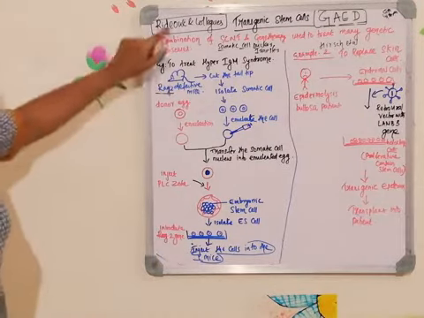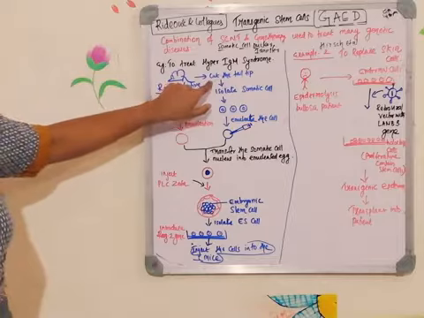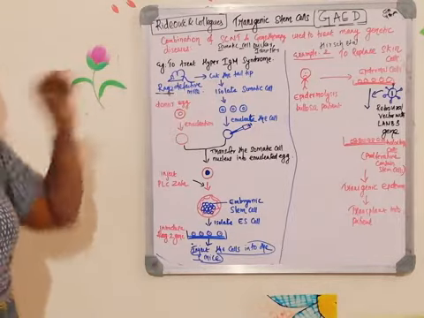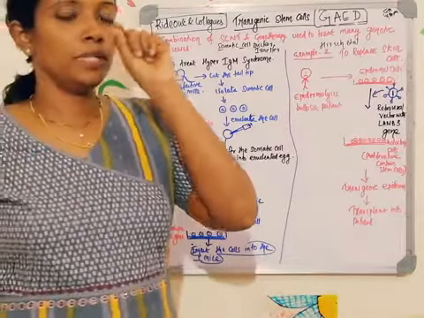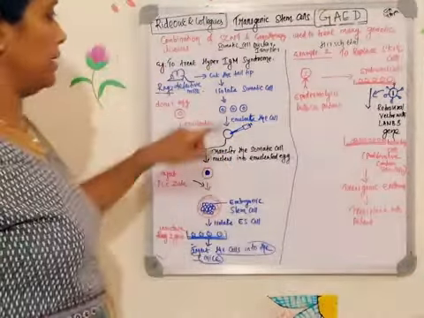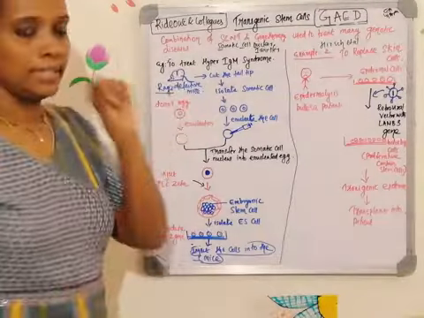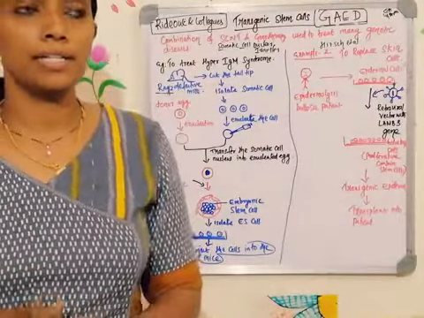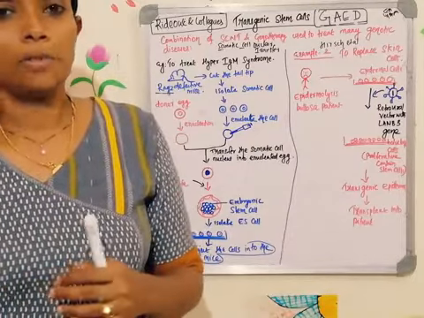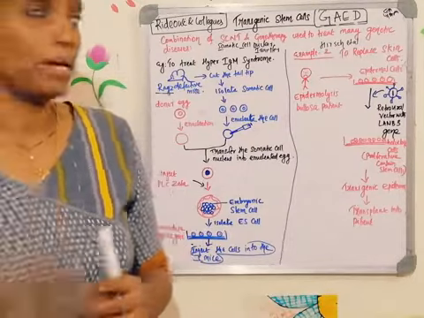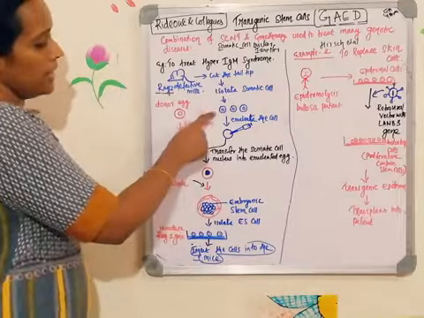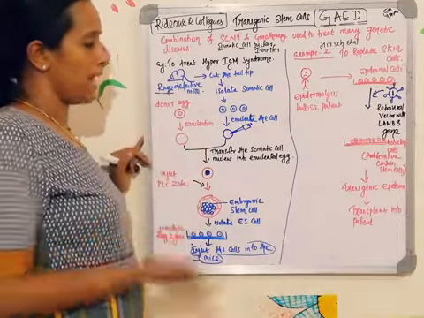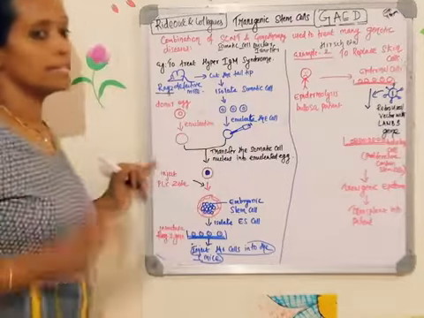So what Rideout and his colleagues did is they cut the tail tip from these RAG2 defective mice. They took a very small piece of the tip of the tail, and from the tail tip they isolated the somatic cells. Throughout the body, wherever you take the cells from, they are called somatic cells. After isolating the somatic cells, they cultured them in the lab, and they did a process called enucleation.